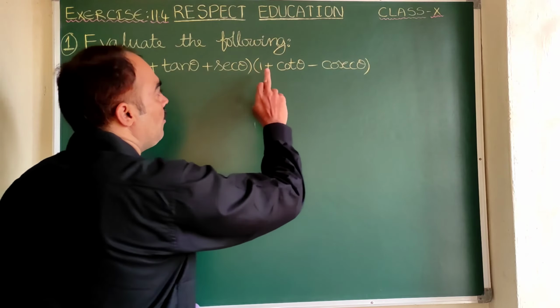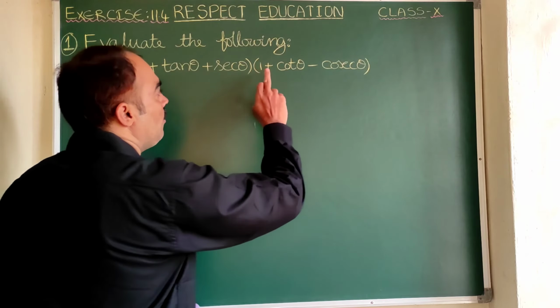Now, let us apply the formula. In place of A, you take cos theta as A. Same way, in place of B, you can write sin theta. Now, can you tell me what A square will be? Cos square theta. Actually, it is cos theta whole square. You do remember that cos theta whole square or cos square theta, both are the same.